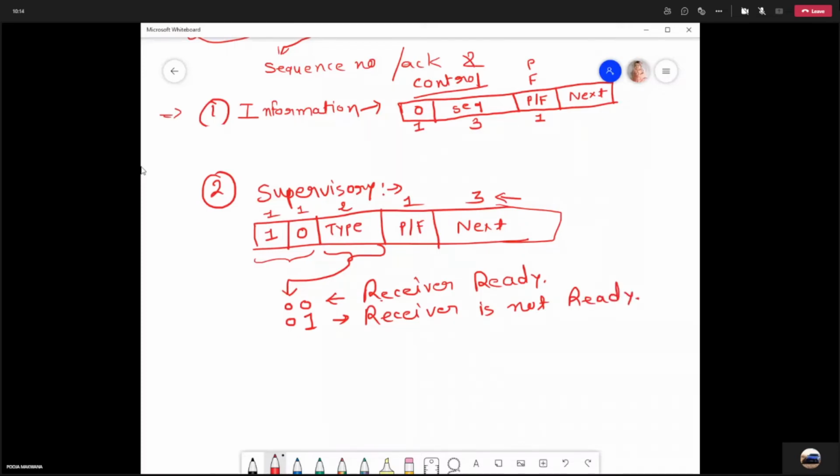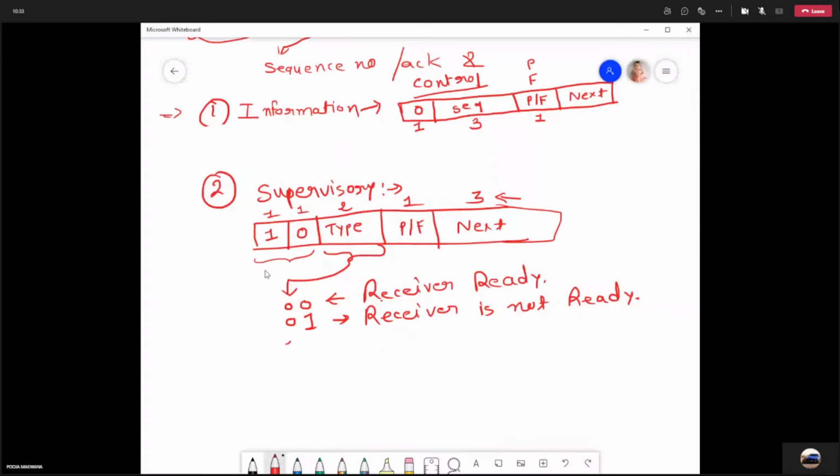Supervisory frames are used for error control and flow control. If it indicates that the receiver is ready, then the sender may send the data. And if it says that the receiver is not ready, the sender will wait for some time and then check whether the receiver is ready or not.